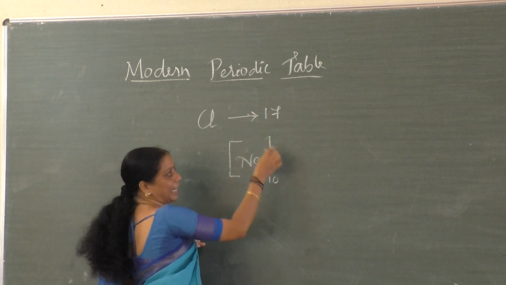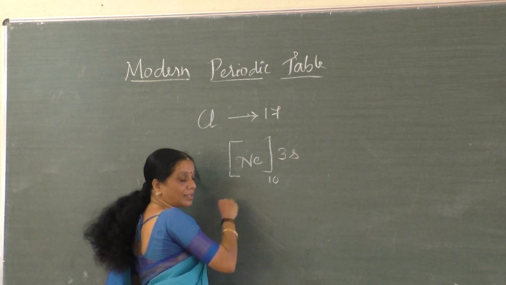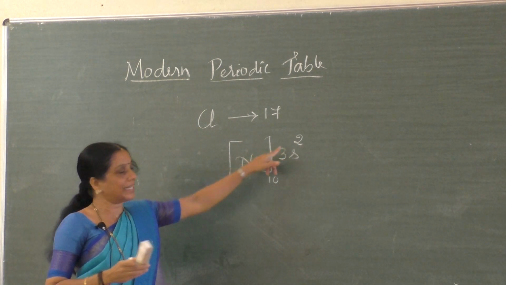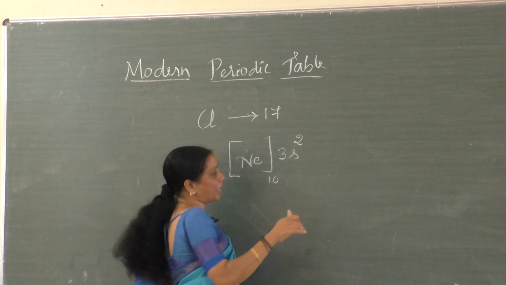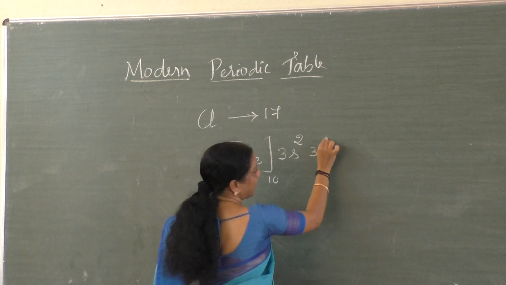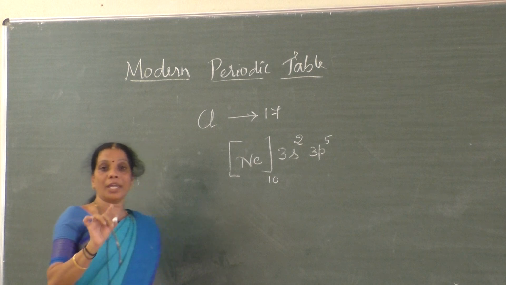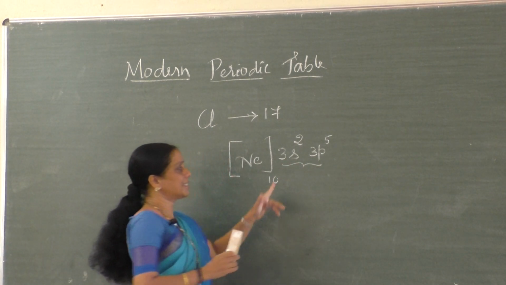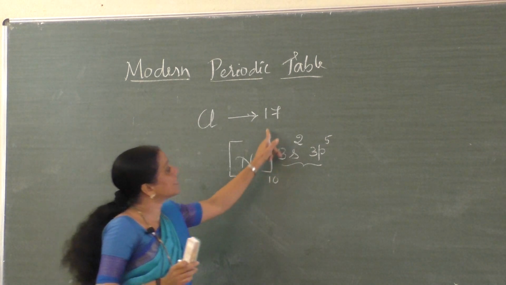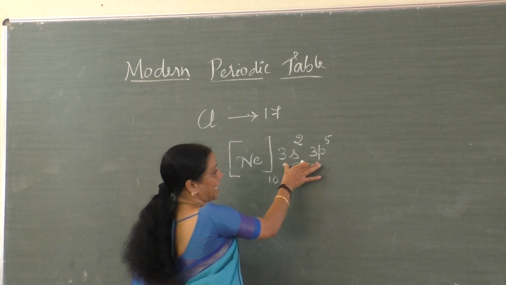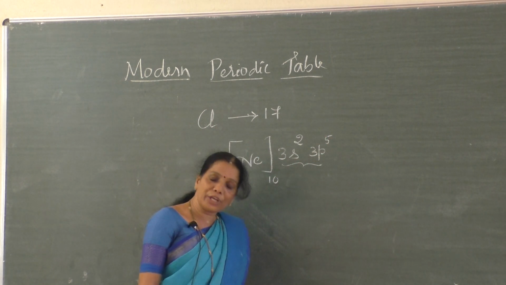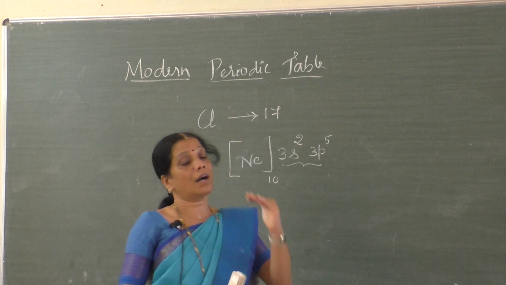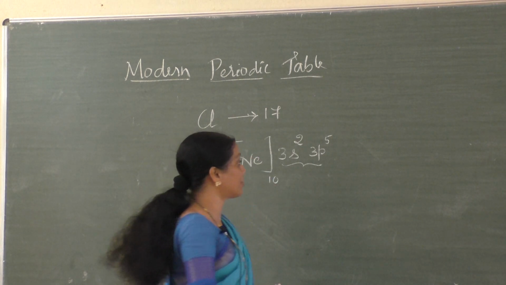The remaining 7 electrons enter the third main energy level, that is 3s2. 10 plus 2, 12 electrons are written. How many remain now? 5 more electrons. Those 5 electrons enter the p orbital of the third main energy level. Totally, you can see here, this is the outermost main energy level, the valence shell. It contains how many electrons? 7 electrons. We know that for any atom of any element, the highly stable or comfortable state is which one?